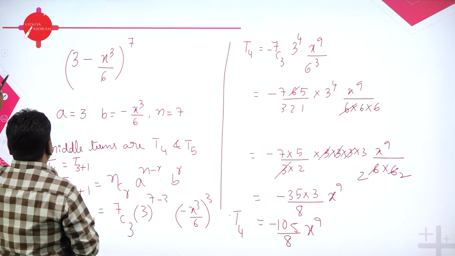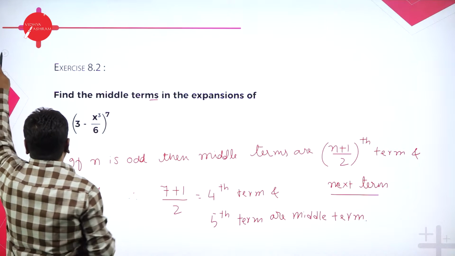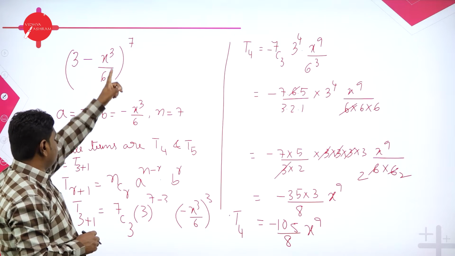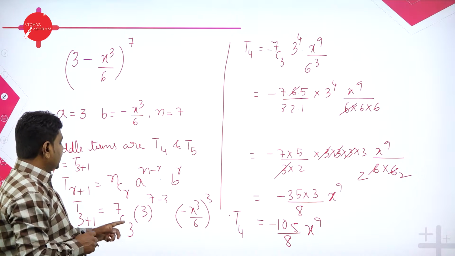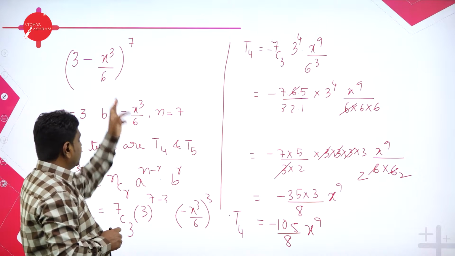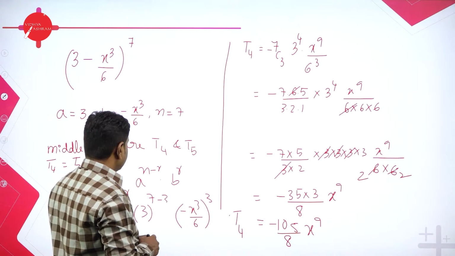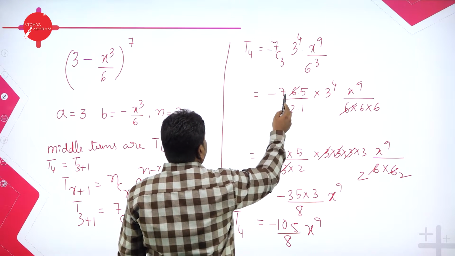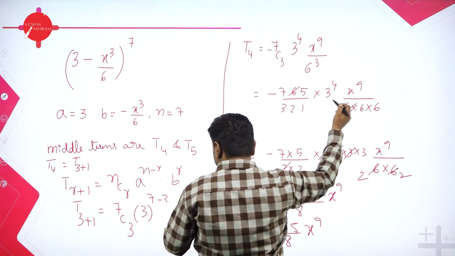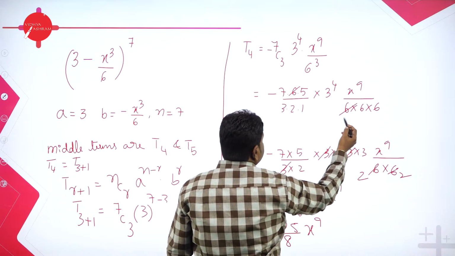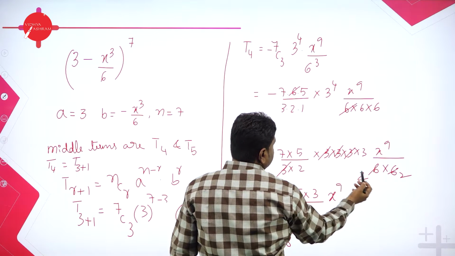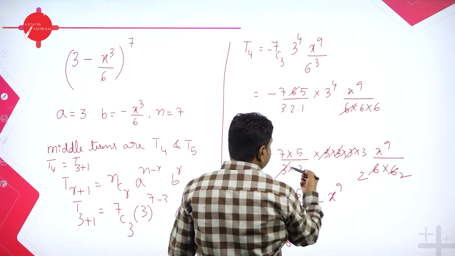They will have two middle terms. They want you to find middle terms, both. So T4 I got. So you can see T4 is T3 plus 1, T3 plus 1 nCr, n means overall 7, 7C, r is what? 3. A, the first term, power 7 minus 3. So 3 power 4 it will become. Second term minus x cube by 6 whole power r is 3. So now simplify this, 7C3 can be written as 7, 6, 5 divided by 3, 2, 1, 3 power 4, x power 9, 6 cube, 6 into 6 into 6. 1 6 you can cancel, 2 more 6 I'll carry here, 4 times I'll write 3, 3 ones are 3, twos are, again 3 ones are 3, twos are, and this 3 and 3 cancels.